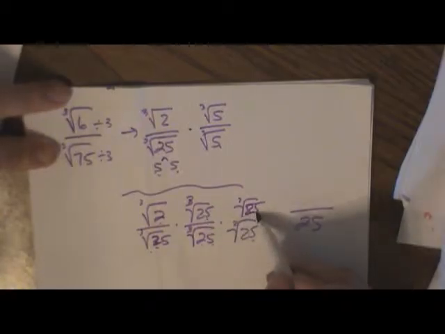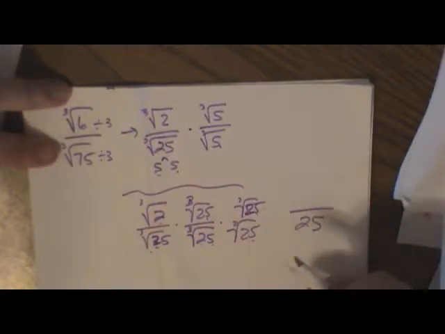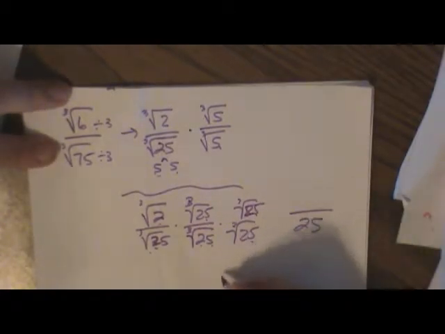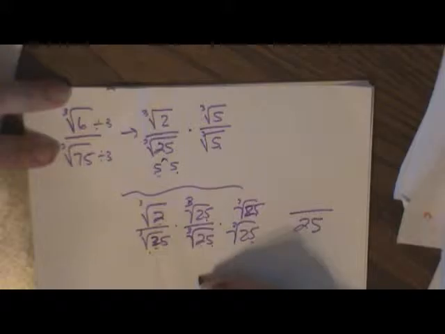And this one here, since there's 2 here, which we need 3 of them,